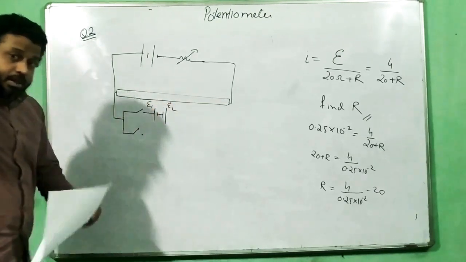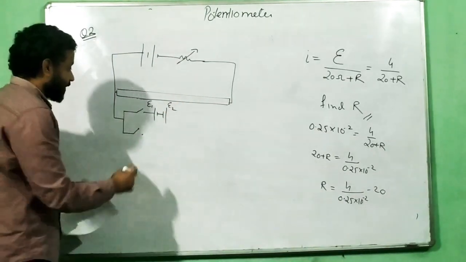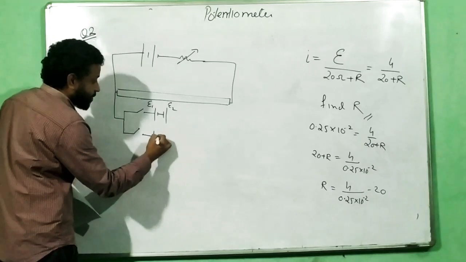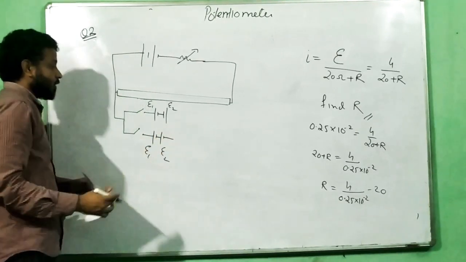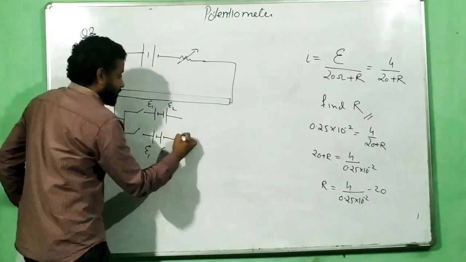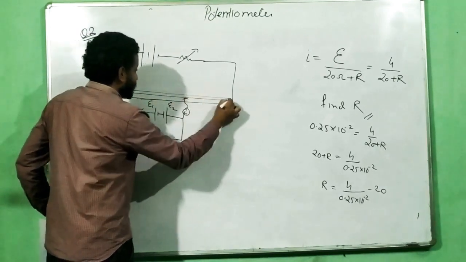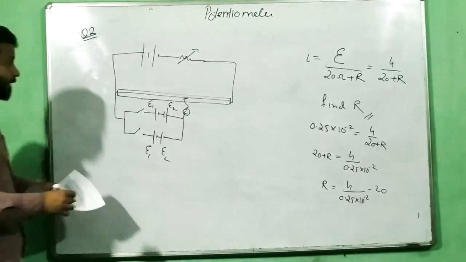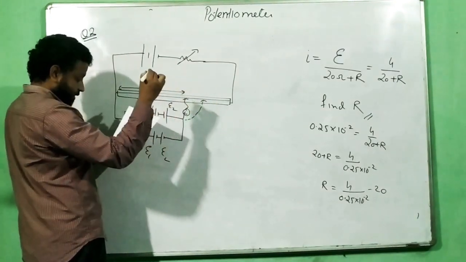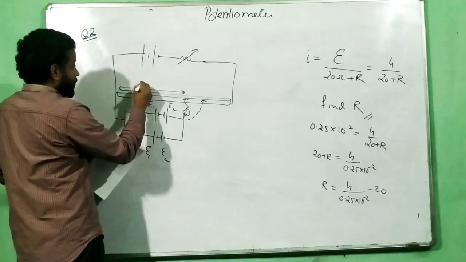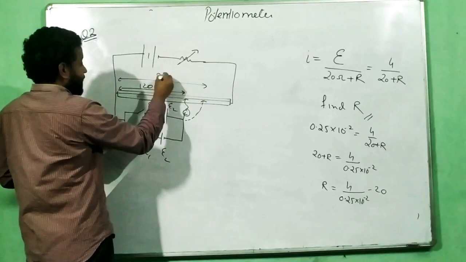See, you know that EMFs are connected plus minus, plus minus. Now here minus and minus are connected over here, okay? And here they are connected with the opposite polarity. So this is your E1 and this is your E2. From here to here it goes, and then it goes from a jockey and touches the wire. And here they have given two lengths. One length is equal to 120 centimeter and the other length is equal to 300 centimeter.